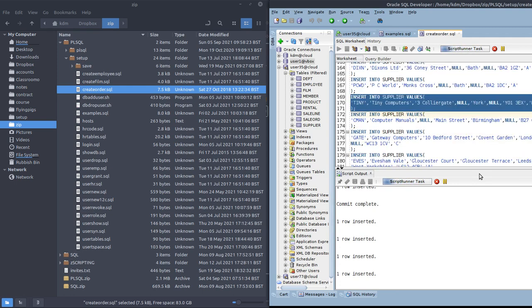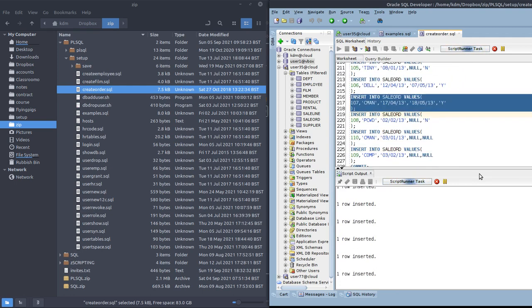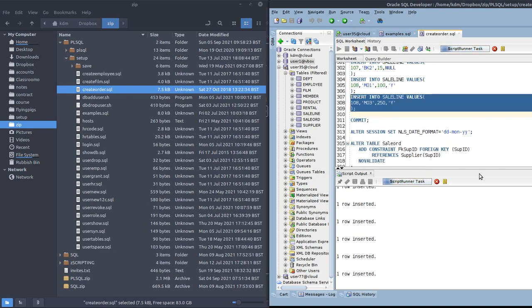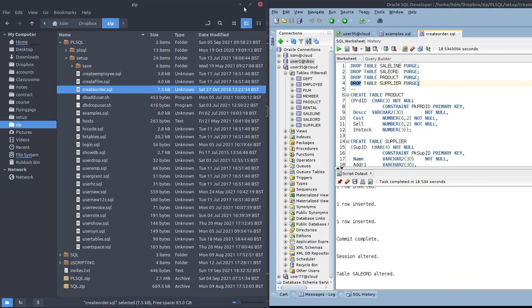So the first thing we do is get connected to the database and run these files so that you've got the idea of how to run things in SQL Developer. That's done.